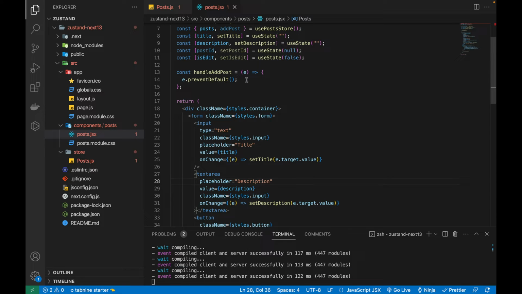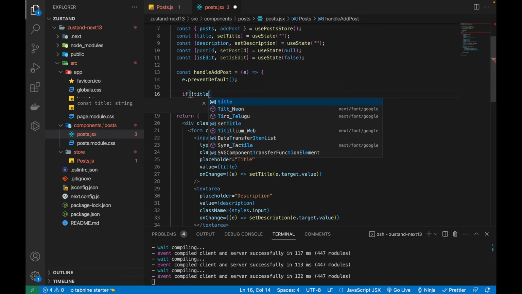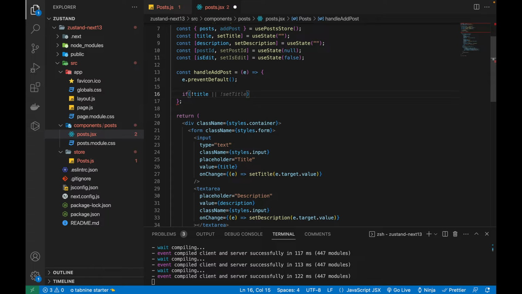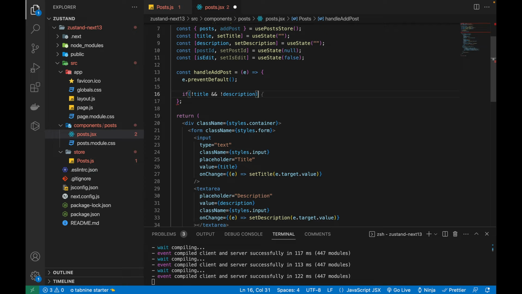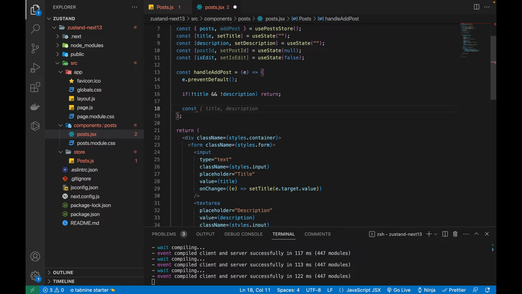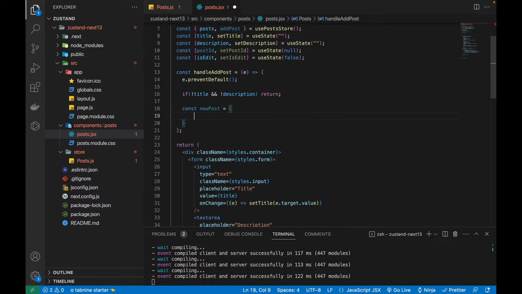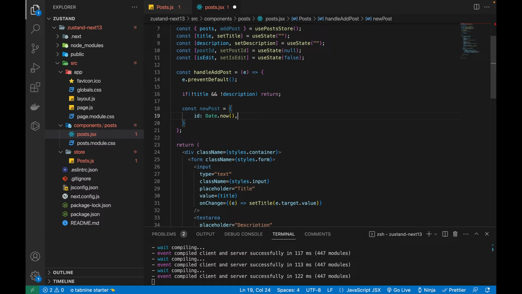All right, so after e.preventDefault, I will first check if the title and the description do not exist, then I will simply return. Okay, this is just for validation. Now I will create a new object for the title, description, and an ID. Let's name it newPost, with id, and I can generate an ID using Date.now,